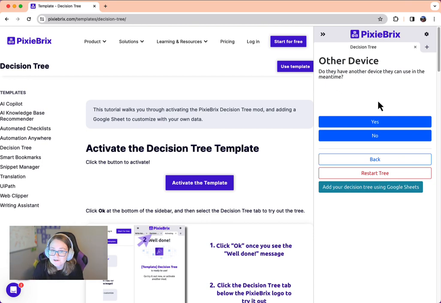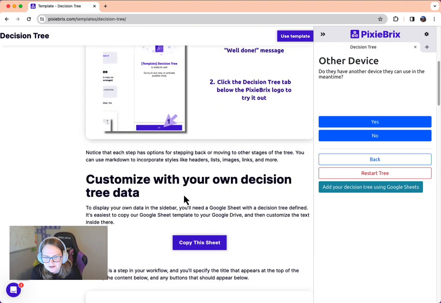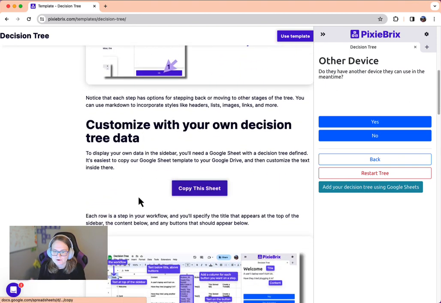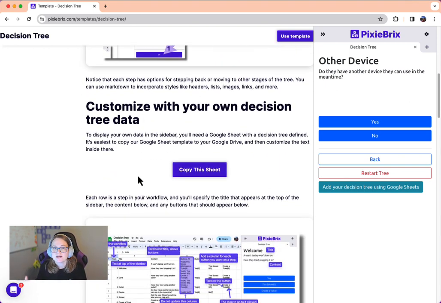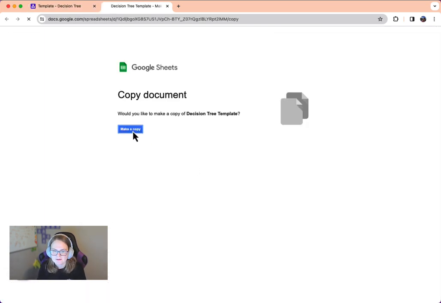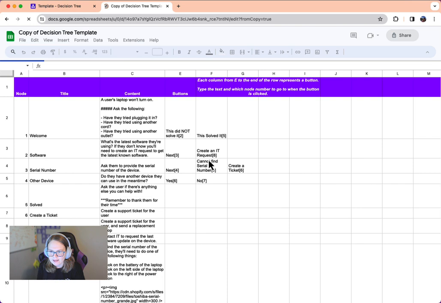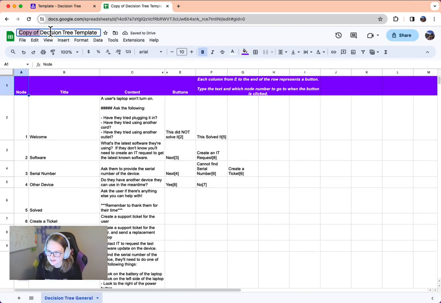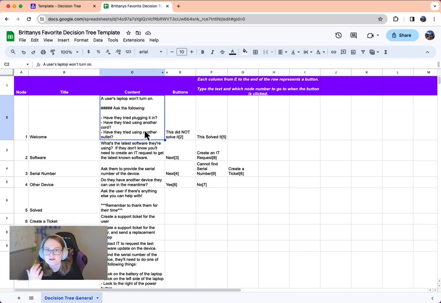So let's say you're excited about this, but you actually want to use your own data. Rightly so. Let's go down here, and I've got some steps where you can do that. So all of this data is housed in a Google Sheet. And so basically, if you copy our template, just click that copy button. It'll ask if you want to make a copy. And I would rename it something like Brittany's favorite decision tree, or whatever you want,